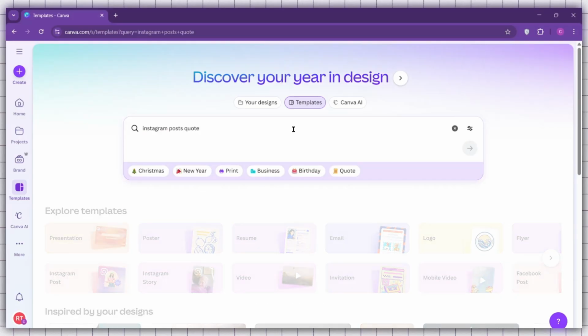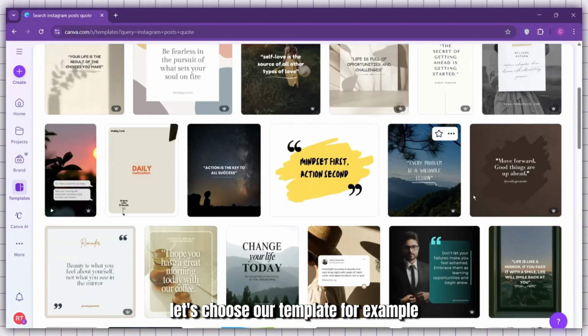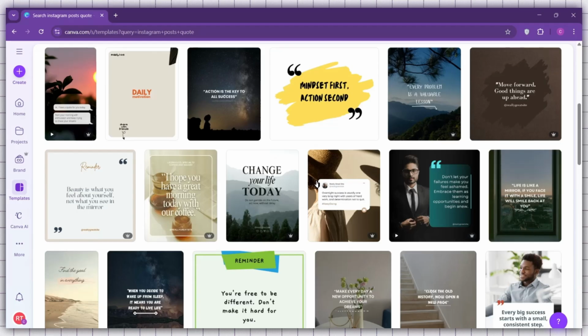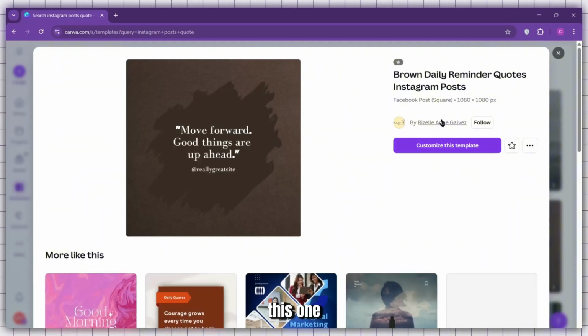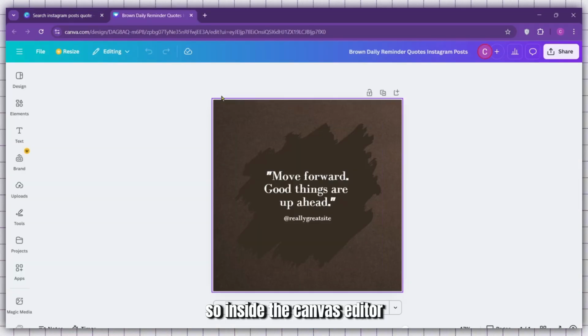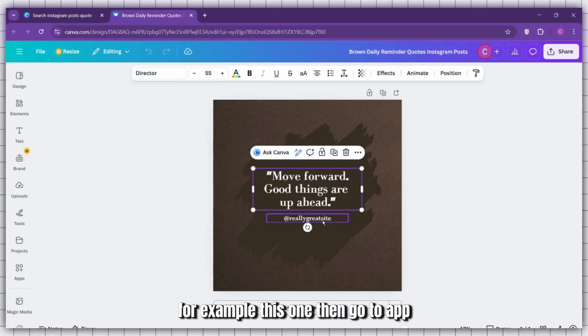Press enter. Let's choose our template. For example, I would like to use this one. So inside the Canva editor, click on the text or image you want to automate. For example, this one. Then go to App